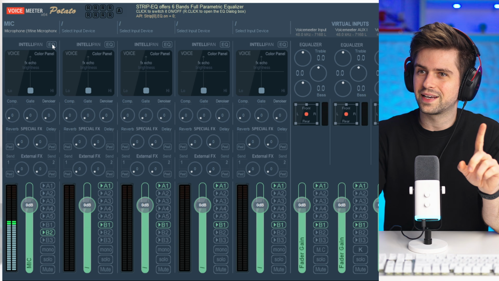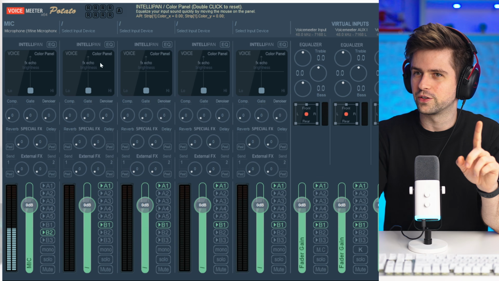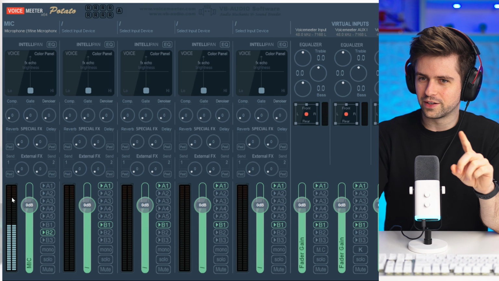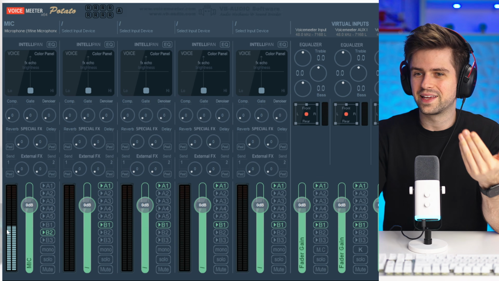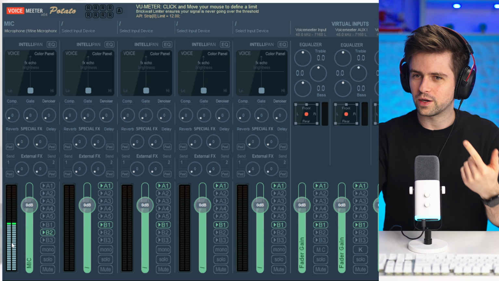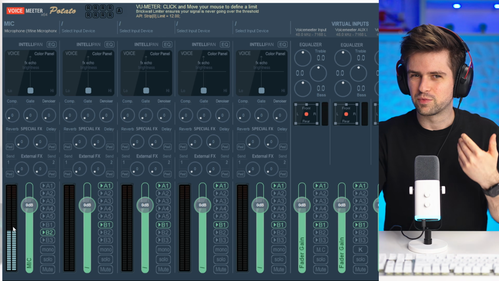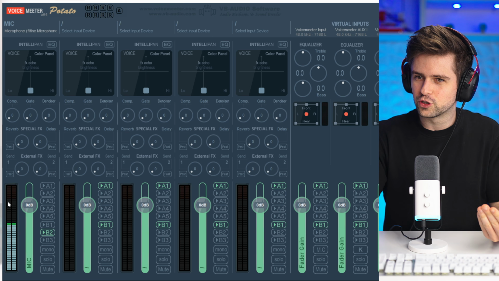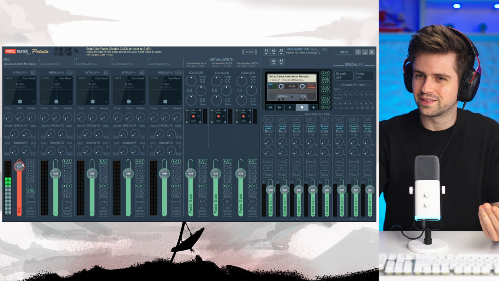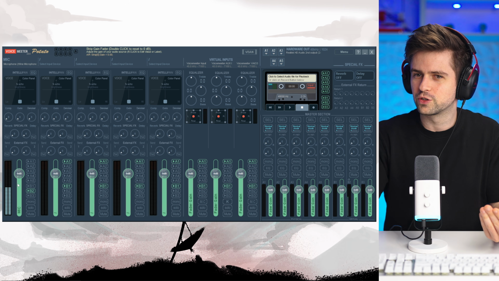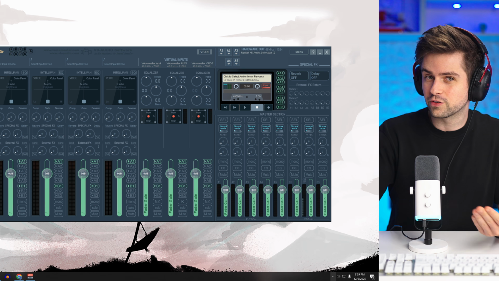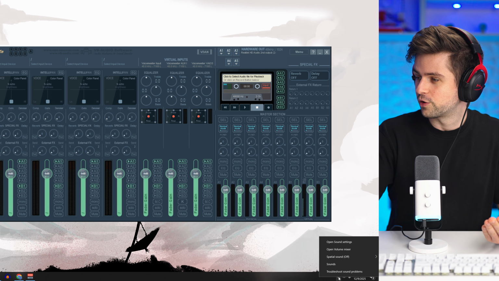Now, the only thing left before we start doing the EQ is that we need to make sure that right here your microphone is showing a correct starting balance. So right now when I'm talking, it's a bit too quiet. I'm talking pretty loudly, and I should be about right here on the mixer. And so before you start using this to boost your volume, for example, which you don't really want to do, you will either need to look for a gain knob on your microphone if you have one, or use the Windows sound settings. And actually the sound settings are always a starting point, so you should right click your sound